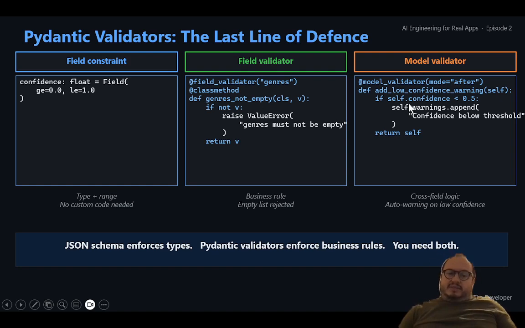Third, genres must have at least one entry, handled by a field validator that raises a value error on an empty list. This catches the case where Claude technically returned a list but included nothing in it because the title was completely unrecognizable. Validators are not overhead. They are the last line of defense before LLM failure propagates to your caller.